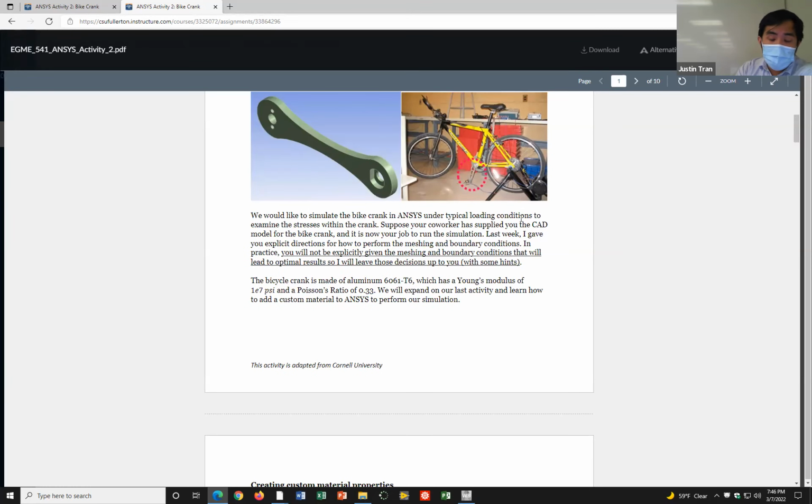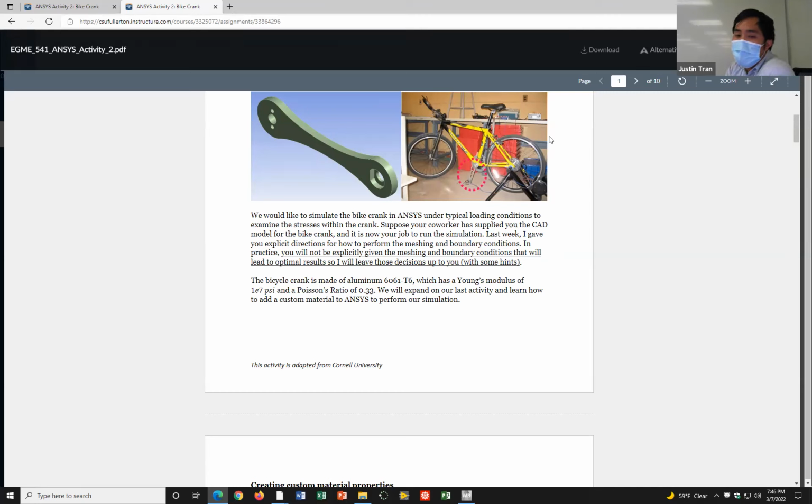And the other thing is, I'm going to give you the CAD file. We're not going to be constructing the CAD file. I'm going to give you the CAD file that you can just import directly into Ansys, and then we can just launch the simulation from that. This is more typical of your general workflow. Even though Ansys has CAD software built in, Design Modeler and SpaceClaim,